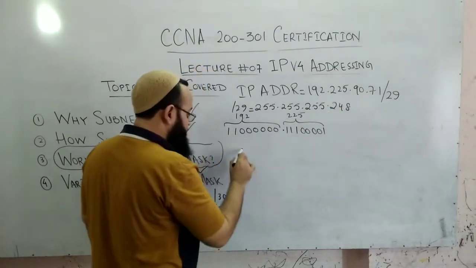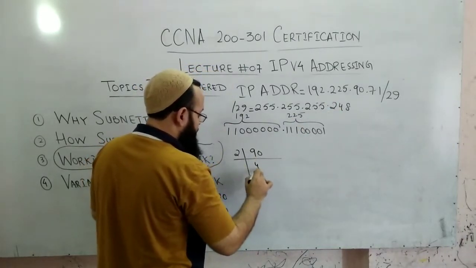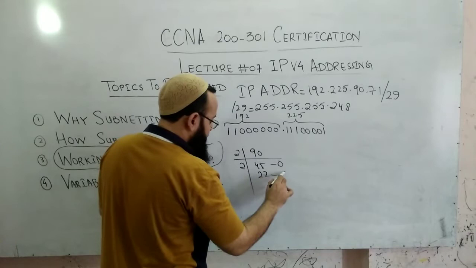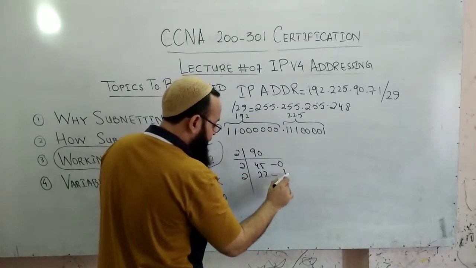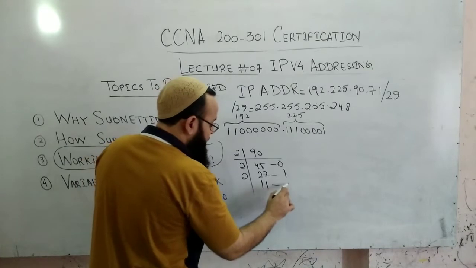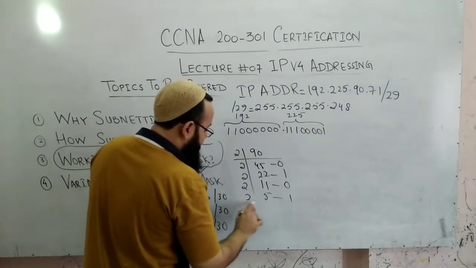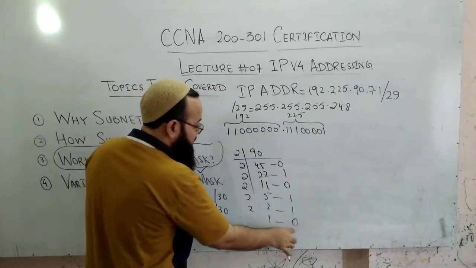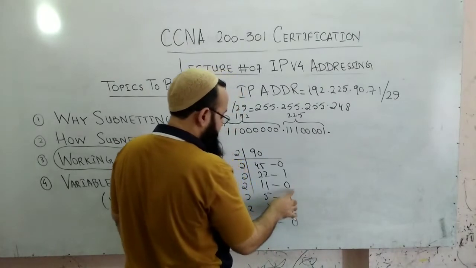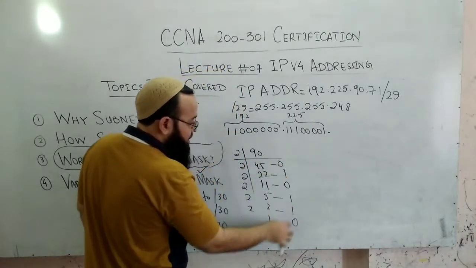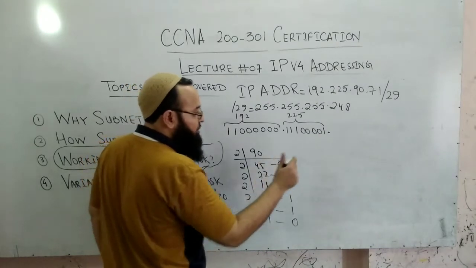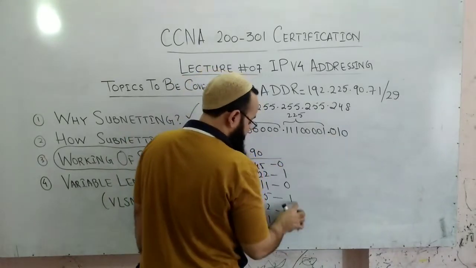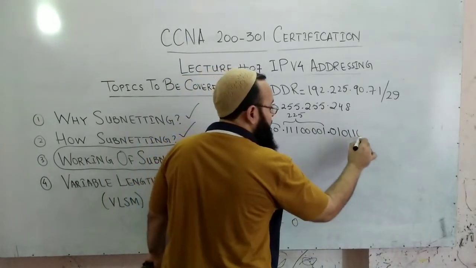Now moving to the 90 portion. 2 4 5, then a 0, 2 2 2, then a 0, then a 1, sorry, 1 will be left over here. 2 1 1, 0, 2 5 are 10, 1 is left, 2 2 are 4, 1 is left, 2 1 are 2, and a 0. 1 0 1 1 0 1 0. Since these are 7 digits and we have to write this in the form of 8 digits, I am placing a 0 over here, 0, then 1 0 1 1 0 1 0.